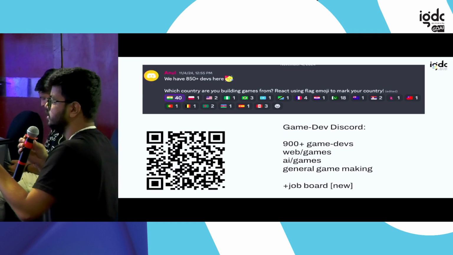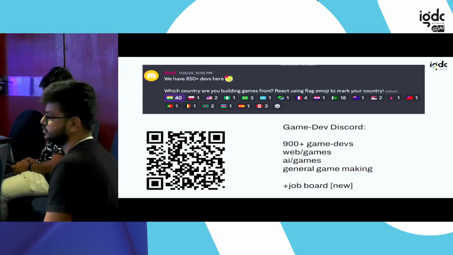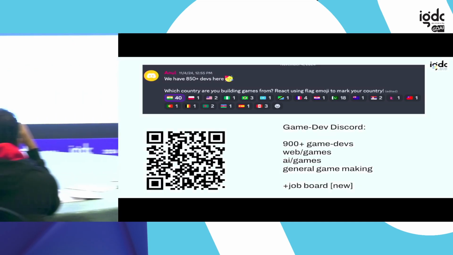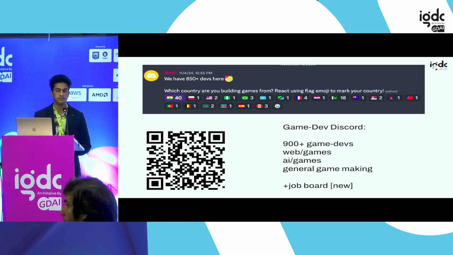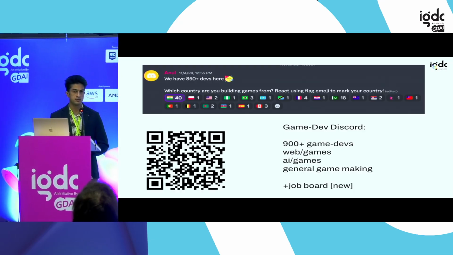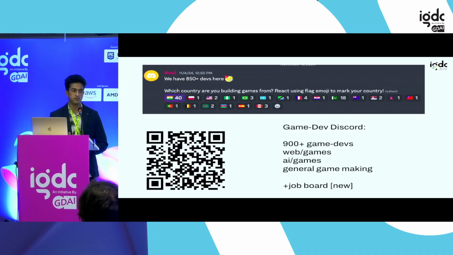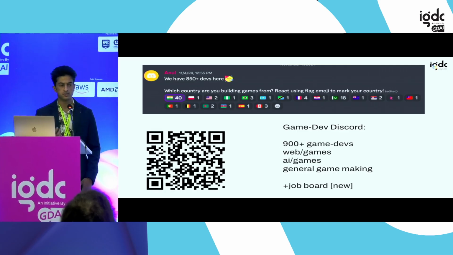Just because I feel that retention is slightly better on mobile games. Yeah, thank you for the question. Retention is definitely better on mobile games. Also, LTV, because higher eCPMs for ads, web eCPMs are lower. But on the web, you get a much larger scale. So if you are an indie developer, you don't have to run your UA campaigns for mobile or something. You just go to the web.